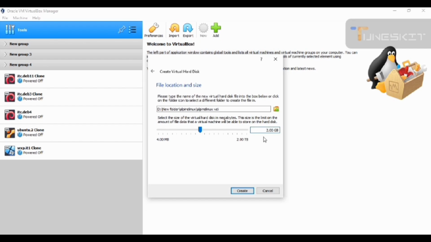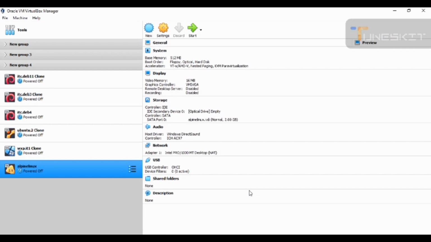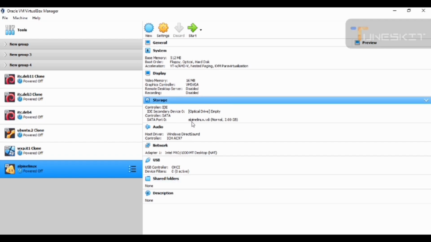It can even be 20 GB or more. After that, you can click Create. When you run this virtualization, if you feel that it is running slowly, try reducing the memory used by the virtualization.